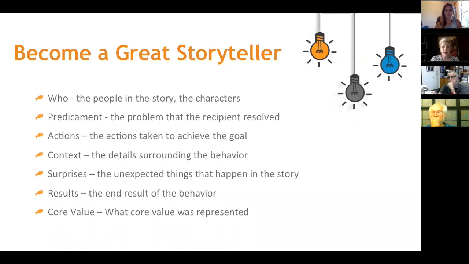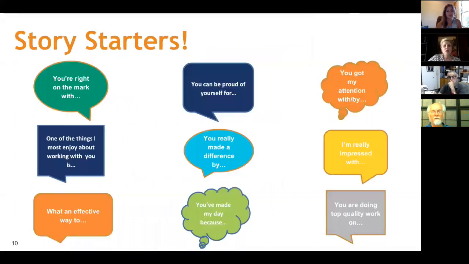So when we're talking about Casey at the beginning, we can incorporate all these things into a quick recognition for her, and it doesn't have to be a lot of effort, but a few more sentences besides "great job, Casey." It might take a couple more seconds, but it's going to go miles for your return on investment on somebody. So I've got a lot of story starters here for you, several slides' worth. But if you start with some of these, it's going to make you think through the story and how to make it better.